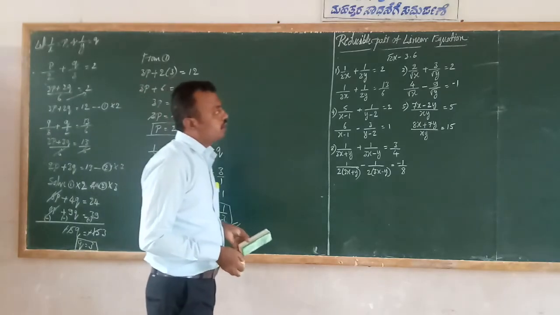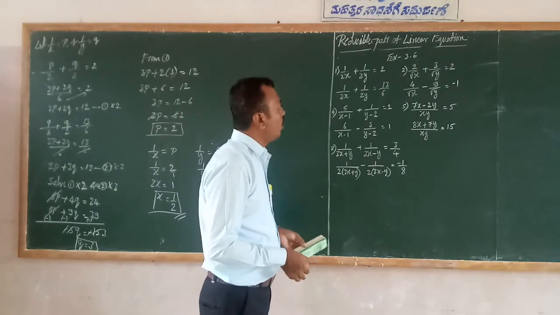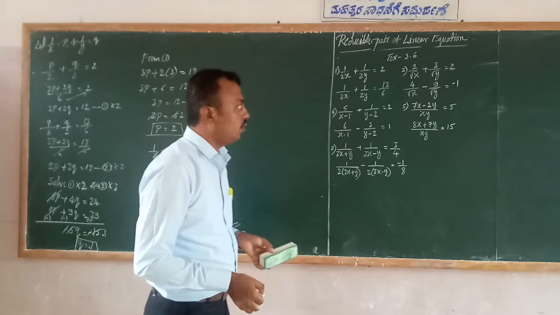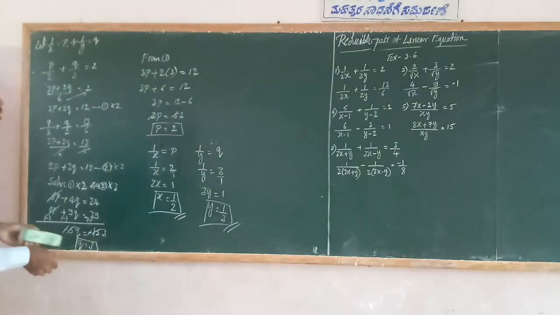2 upon root x plus 3 upon root y is equal to 2, and 4 upon root x minus 9 upon root y is equal to minus 1. Like that only we have to solve it. See, first